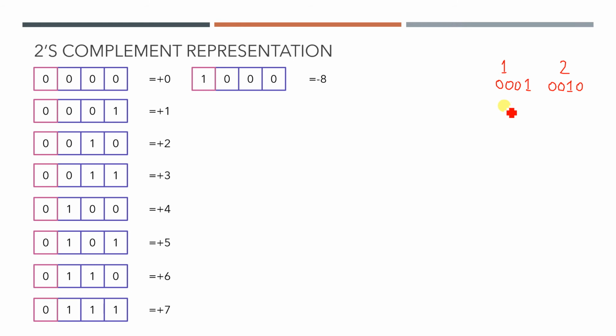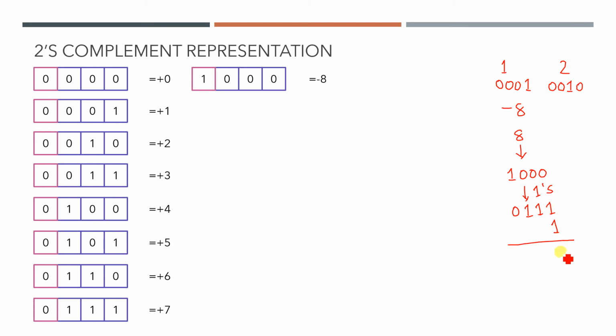Suppose I want to represent minus 8. How to represent minus 8? We first convert plus 8 into its binary equivalent. The binary equivalent of plus 8 will be 1 0 0 0, and there will be 4 digits. Now you have to convert it into its 1's complement. The 1's complement will be 0 1 1 1. So this is your 1's complement, right? After doing the 1's complement, you have to add 1 to it to make its 2's complement.